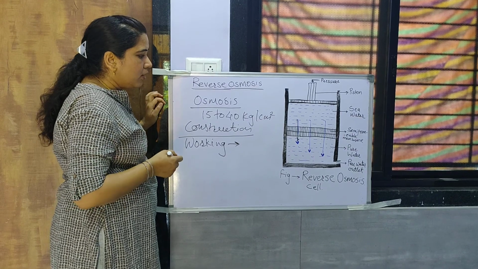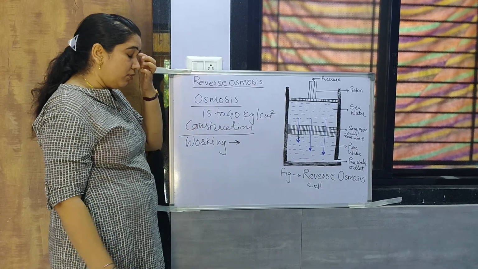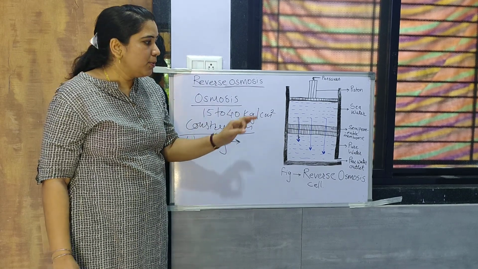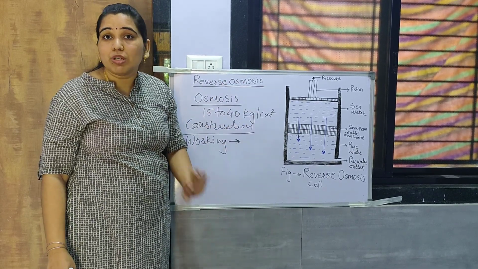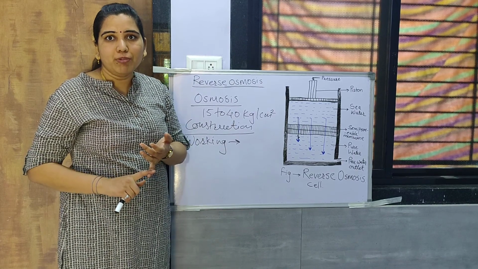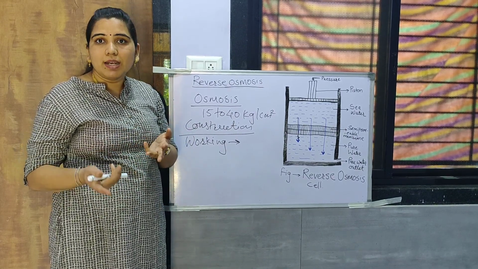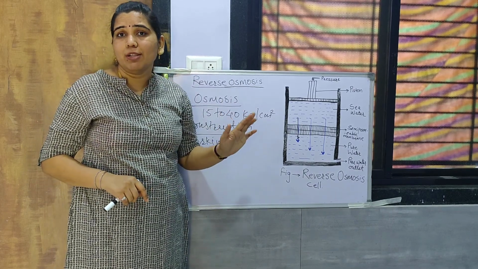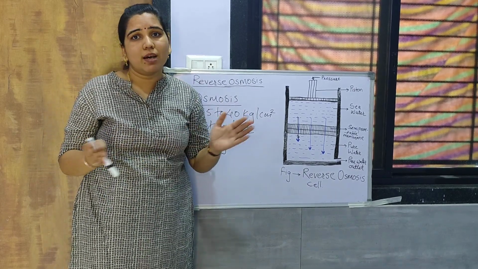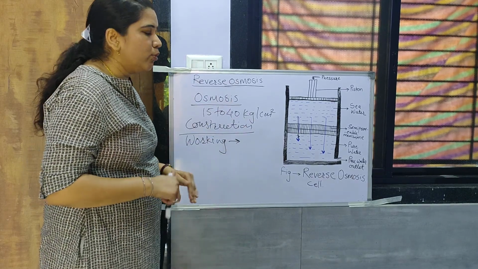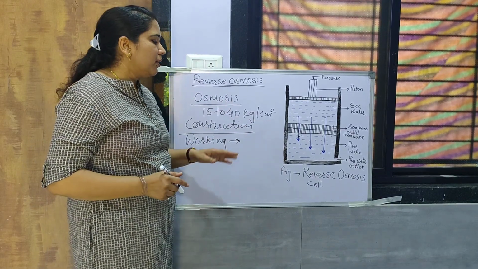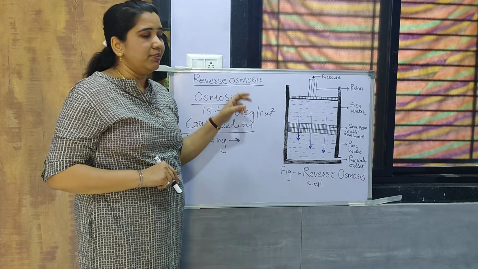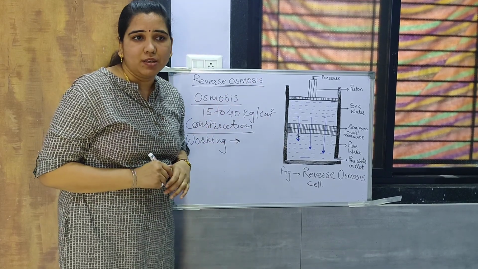Then this filtration is also called super filtration or hyper filtration. It is because it shows the filtration of ionic and non-ionic impurities, different silica type impurities, and on the molecular level, high molecular weight ions are also removed. Only solvent flow is there. So in this way, the reverse osmosis process occurs, and this reverse osmosis cell has such phenomena inside it.